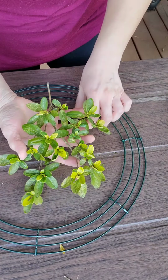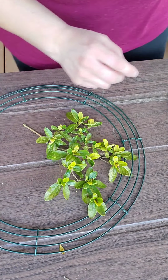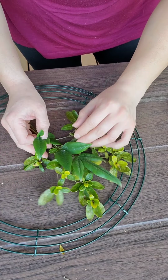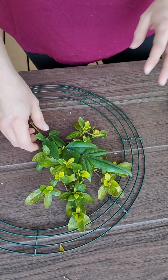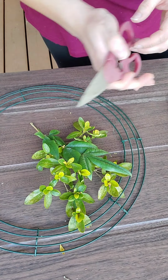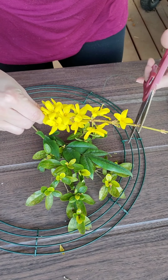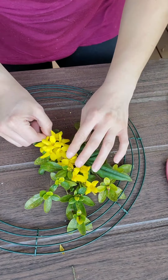This is a good starting point, this little sprig here, and we're going to add on top of that something else. And then you can play with it too. Not every time it's going to be perfect. So I add a few greens. Let's cut some yellow. So right there, let's cut this piece off. That's a good start. You want them to be somewhat long,